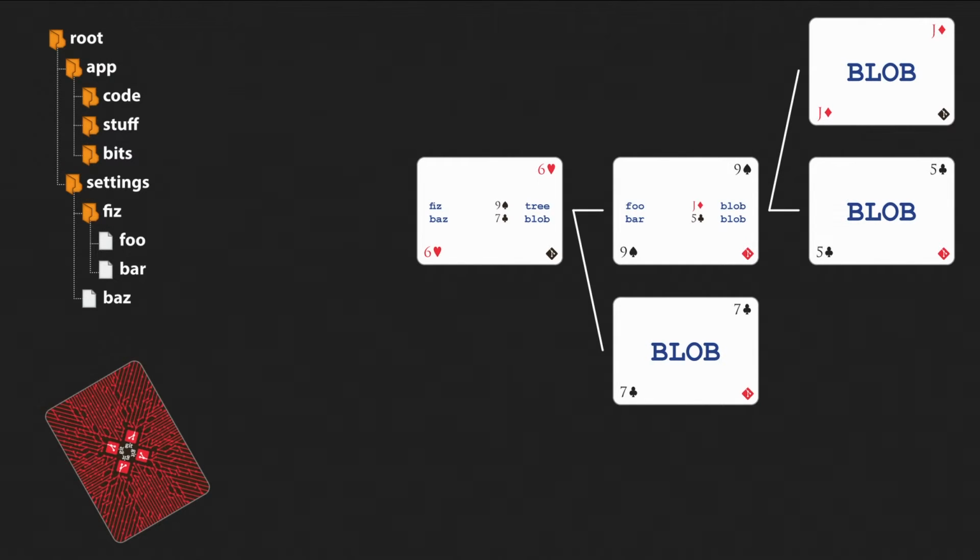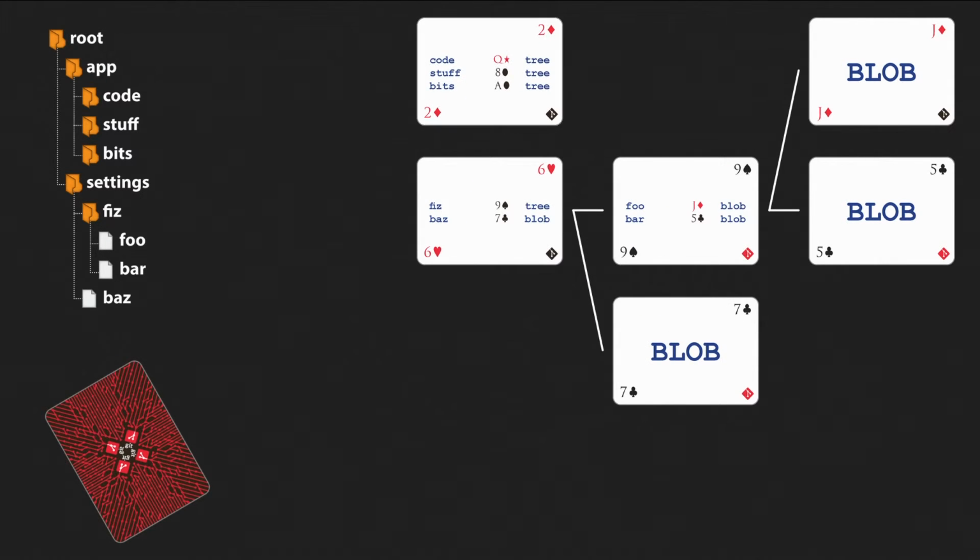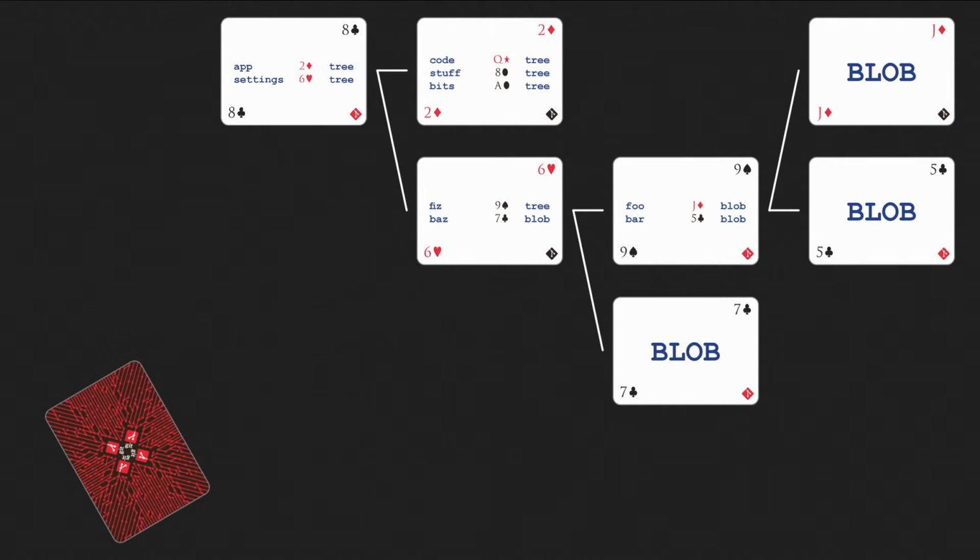We'll be working exclusively in the settings folder, while in a real Git repo, all of the contents of the app folder would be added just like in the settings folder. For our purposes, the only thing we need to know about the app folder is that its hash is the 2 of diamonds. It could contain 3 files or 3 million, and because it remains unchanged, we're safe for everything we'll be doing. This is one of the features that makes comparing trees in Git so incredibly fast. We're up to the root, so we'll create the top level of the tree and get ready to commit our code.